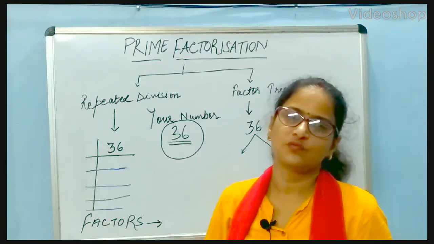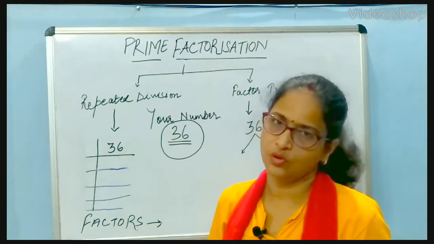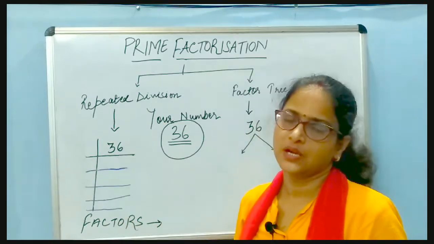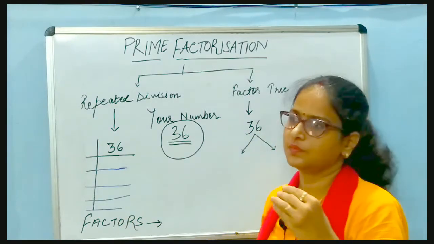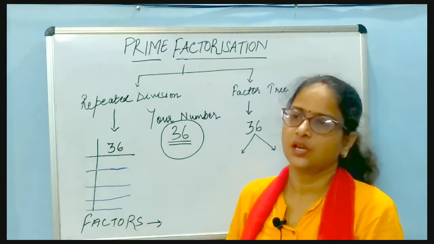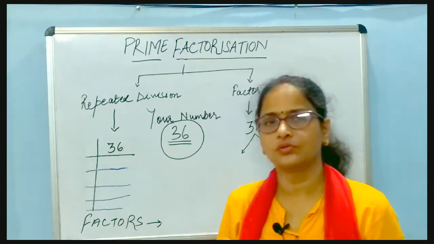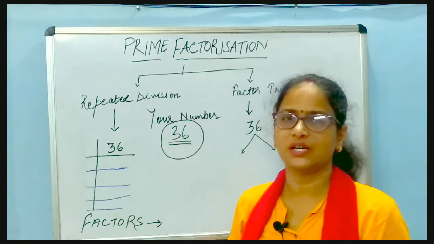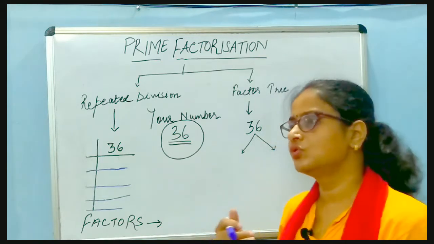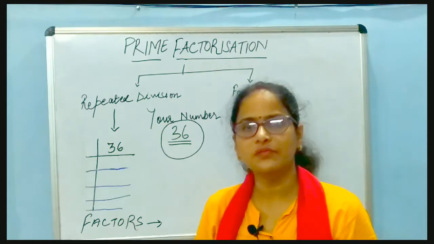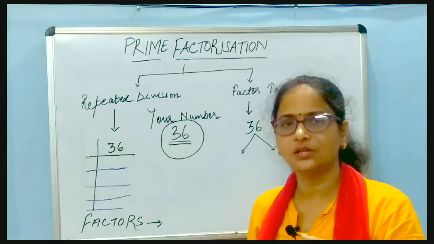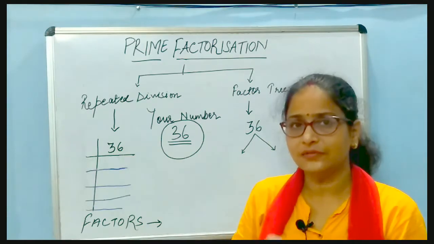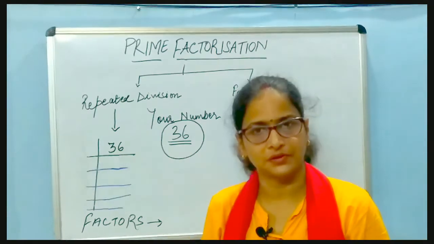After having understood what prime numbers are, we will move to the topic of prime factorization. Prime factorization simply means factorization. You know how to get the factors, because we did the division and multiplication methods for factors. In prime factorization, you have to find the factors of a number, and those factors should be prime numbers.